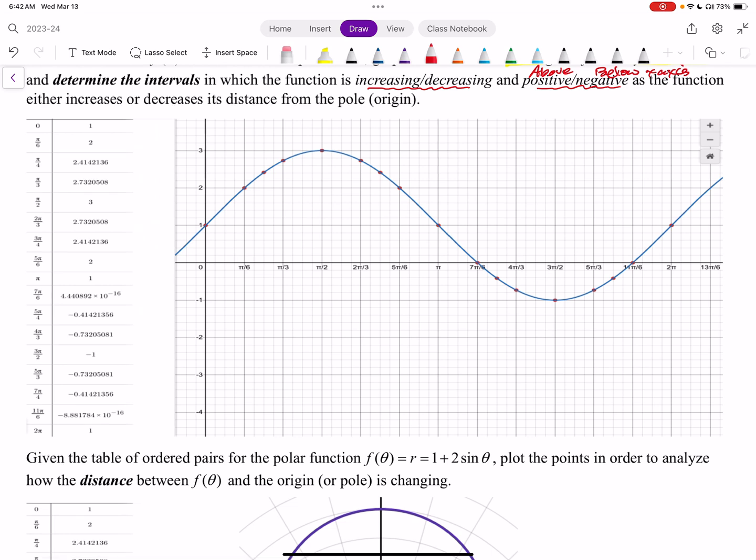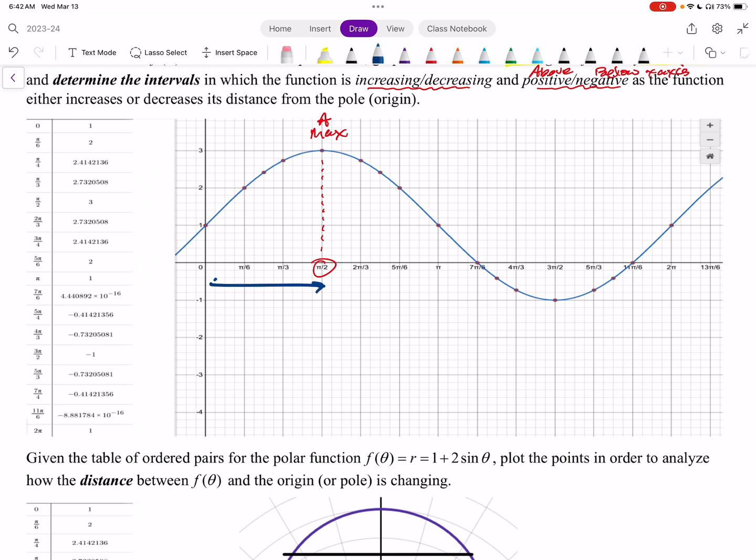So here we go. Let's figure out on what intervals it is increasing or decreasing. Okay, so here we go. From 0 to the max. So where does the max occur? It occurs up here at point A. We'll call this point A. And guess what? That occurs at pi halves. So that's a critical point. So in this interval here,